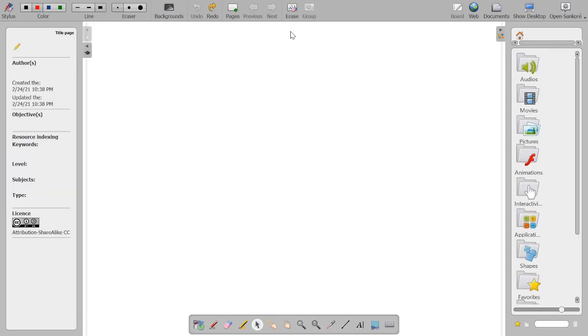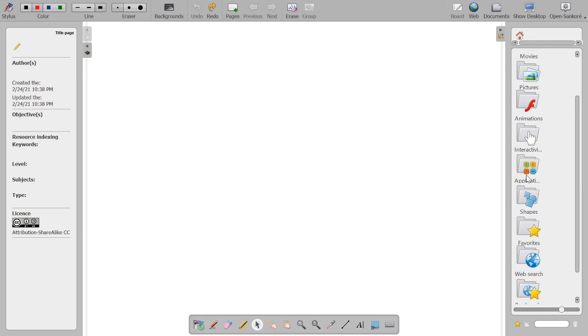The next functionality available to us is the library, which is available in the right pane. So in this library we have different elements like audios, movies, pictures, animations, interactives, applications, shapes, favorites, web search, and the likes.